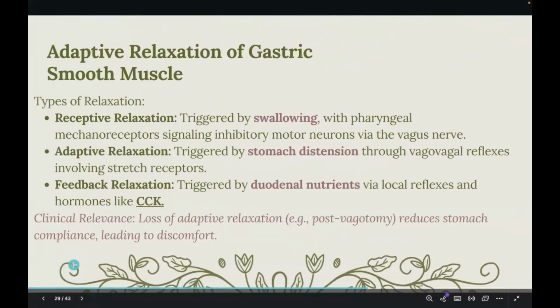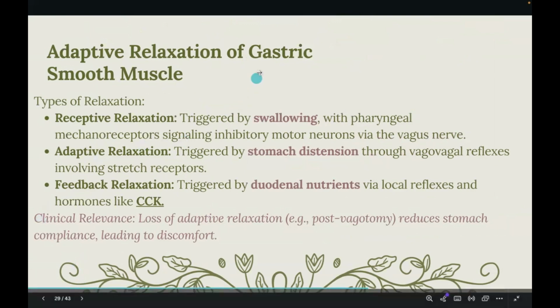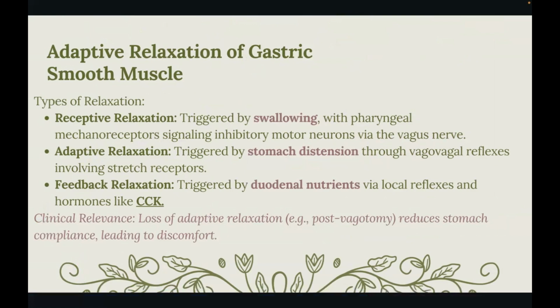Now, since we did talk about relaxation very briefly, we're going to talk about different types of relaxation. This is kind of random info that was put in the lecture. It was actually a bunch of random info, but for the sake of completion, there are 3 types of relaxation, and I want you to think of it as going from up to down, from the upper GI into the lower GI. So the first type of relaxation is the receptive relaxation, and this one is in the very up,